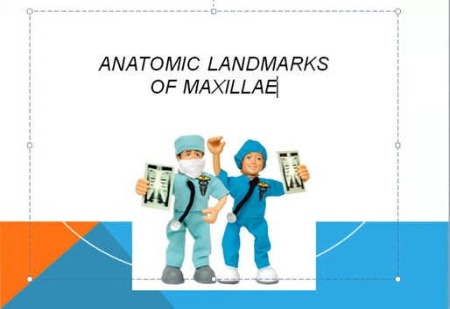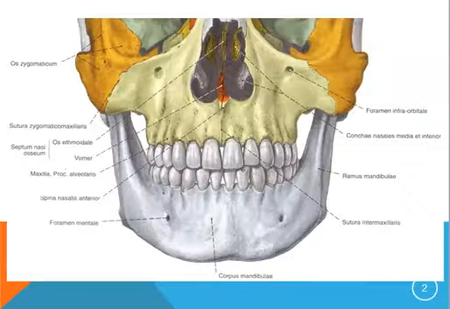In this video I'm going to introduce you to the upper jaw, which is the maxilla. The maxilla houses the upper teeth. It's the roof of the oral cavity, it's the floor of the nasal cavity, and it also makes part of the floor of